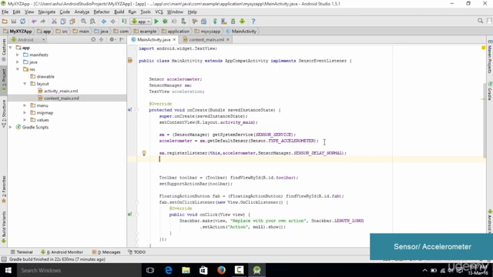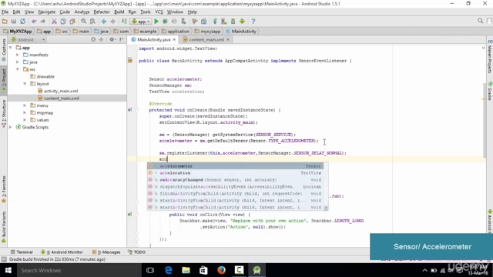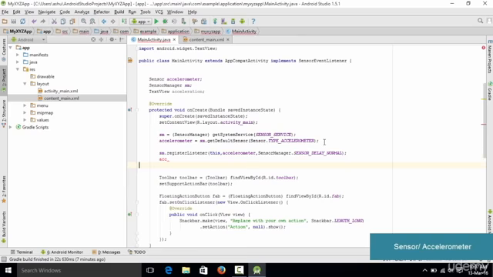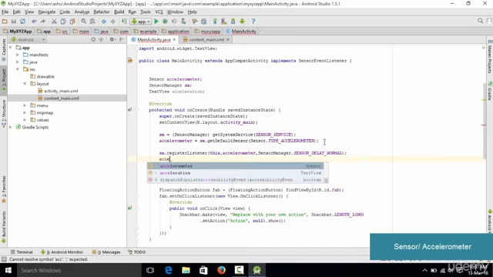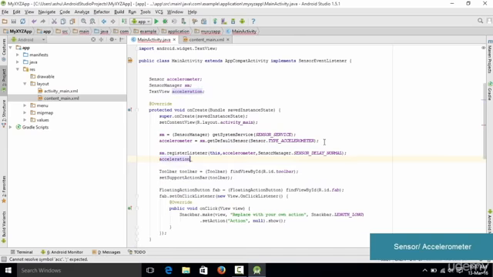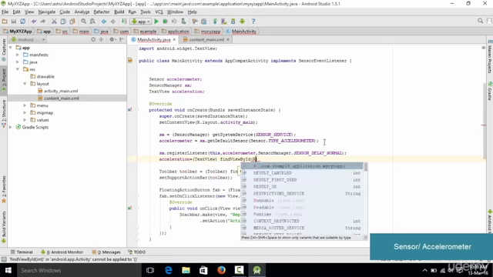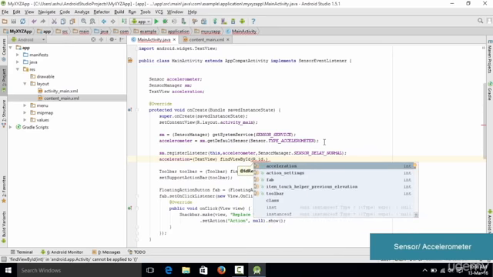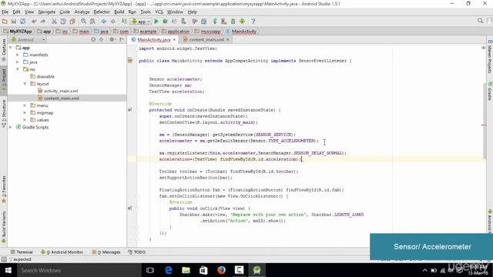So we type in acceleration. Make sure that you select the text view. So we type acceleration equals, and then we get a reference, so we typecast it: we type TextView, then we type findViewById to get a reference, then we type R.id.acceleration. Once we are done with this, the next thing we need to do is finally